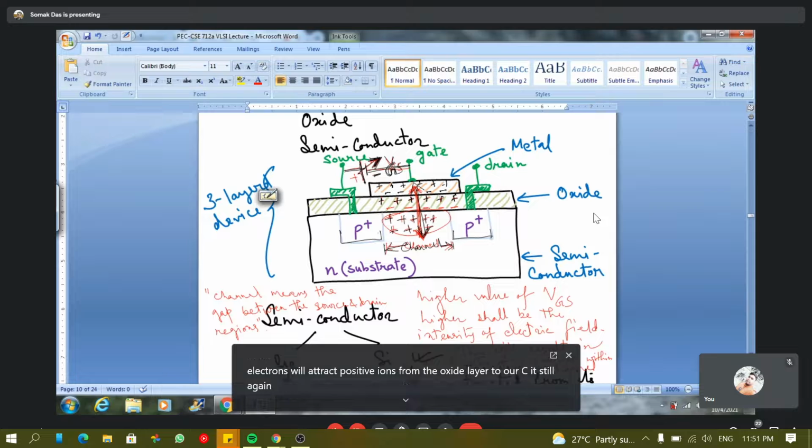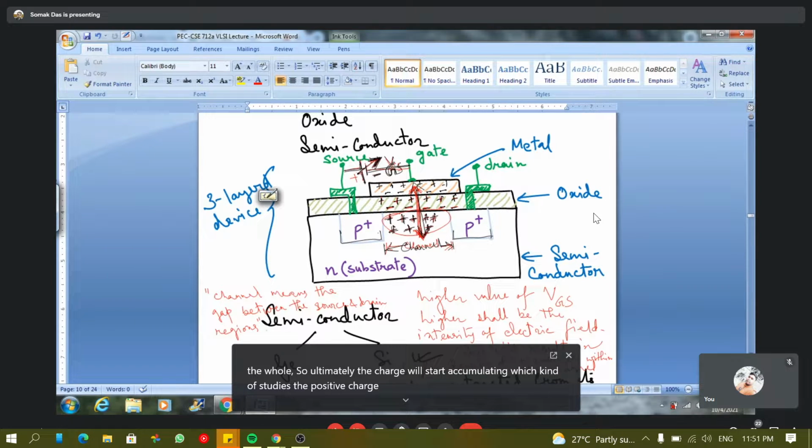This will again repel free electrons towards the other end of this oxide. Ultimately, positive charge carriers will get attracted towards these free electrons and start accumulating within the channel-oxide interface. So ultimately, it will start accumulating towards the channel, because although this is an N-type substrate, there are a certain percentage of holes as well as a certain percentage of electrons. Why N-type? Because the density of free electrons is higher than that of the holes. So ultimately, the charge carriers will start accumulating. Which kind of charge carriers? The positive charge carriers within the channel.